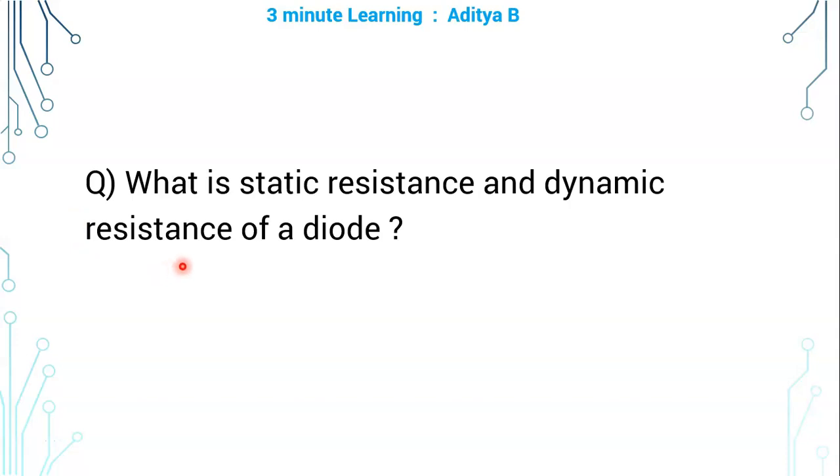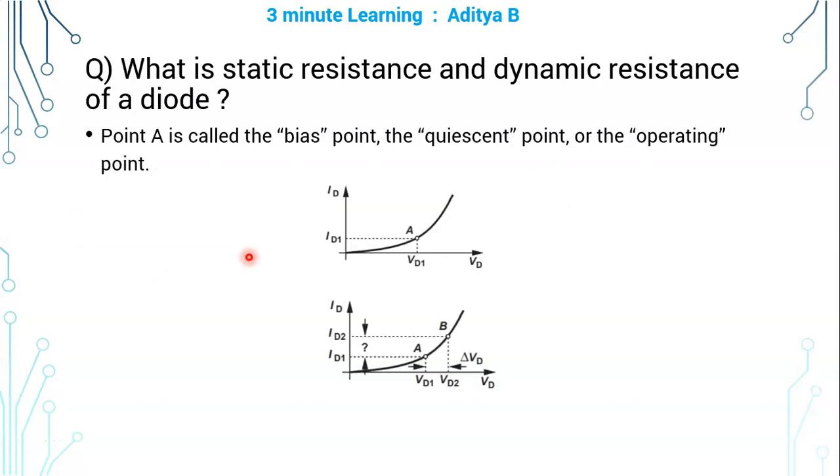What is static resistance and dynamic resistance of a diode? In the IV characteristics of a PN junction diode, in the first quadrant, if you choose any one point on this exponential graph,